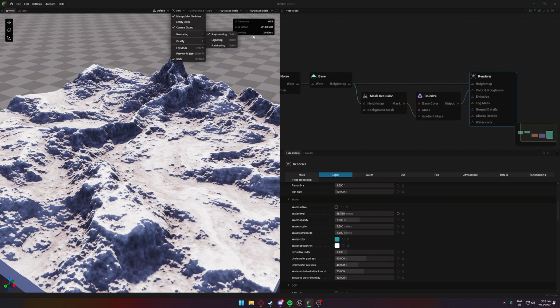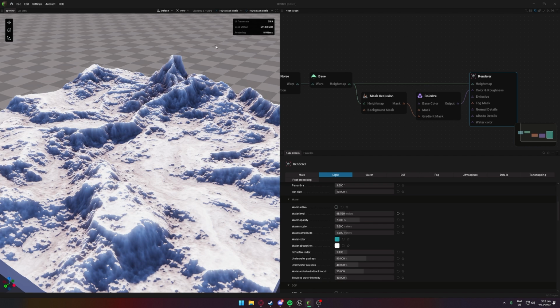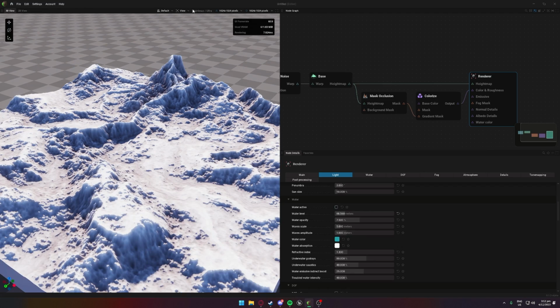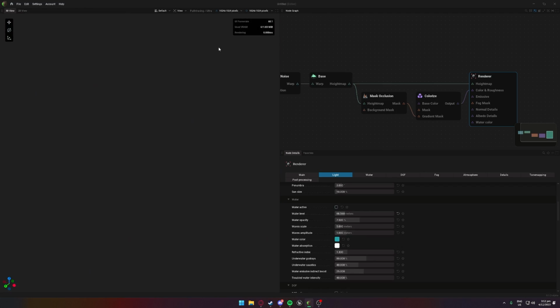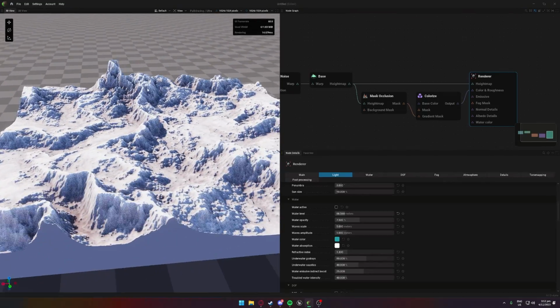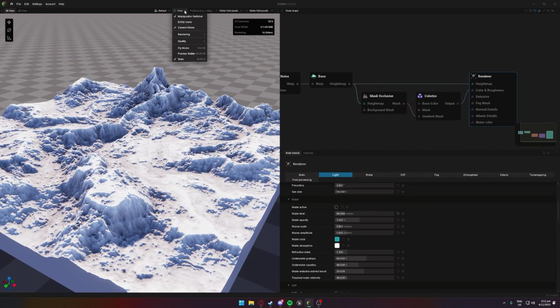So ray marching, which we're currently rendering at 2.5 ms, which is nice. We can bump it up to light mapping, which is quite a big jump. And then you've lastly got path tracing, which is the biggest jump. Path tracing will give you the best result, calculating all the light bouncing and everything, which is overall the best result you're going to get, but it's also the most performant, or